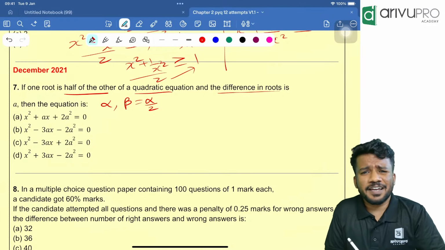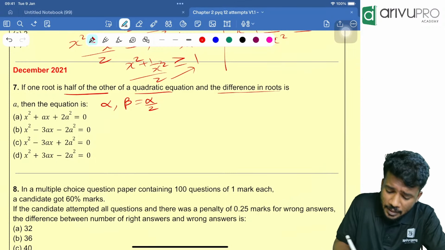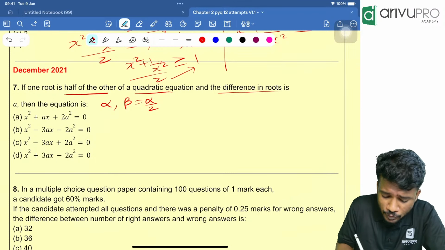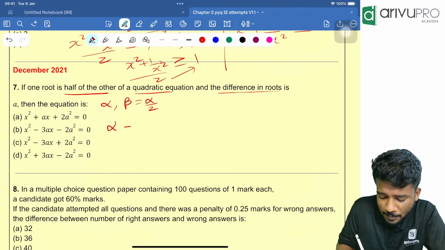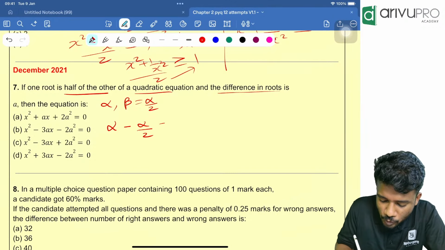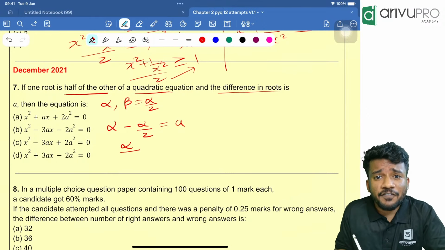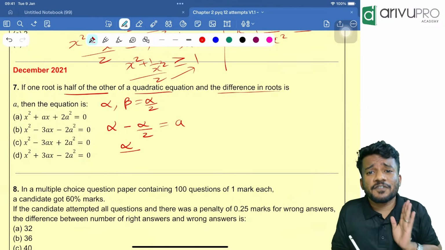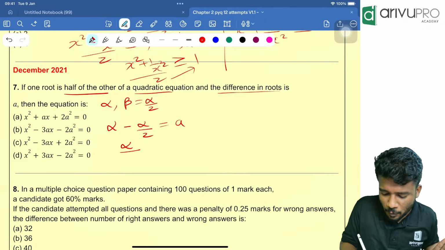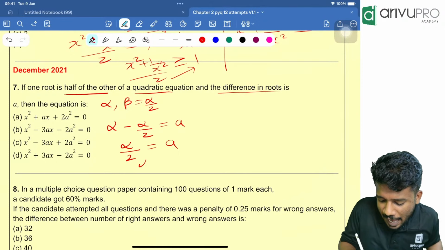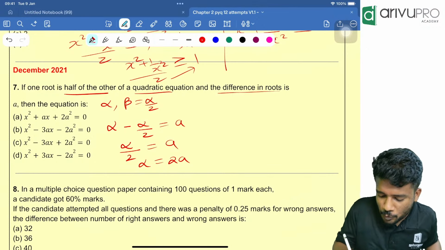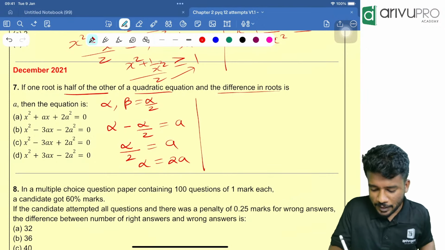So the roots are alpha and alpha by 2. Now they are telling the difference in roots is a. That means alpha minus alpha by 2 is equal to a. That means alpha minus half alpha. 1 minus half is how much? That is half itself. So alpha by 2 is equal to a. Alpha is equal to how much? 2a. So alpha is 2a. So one root